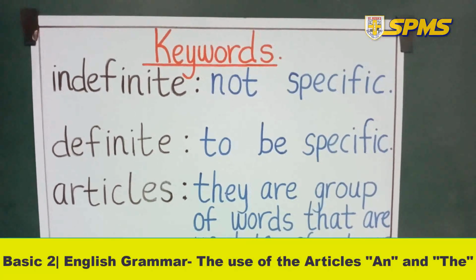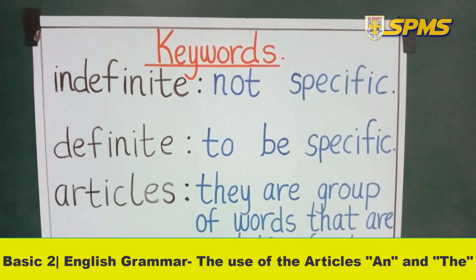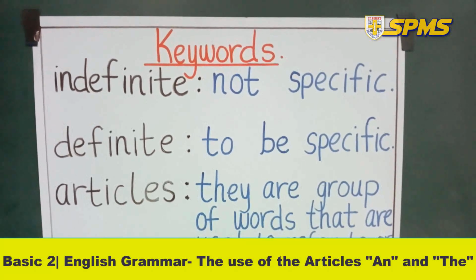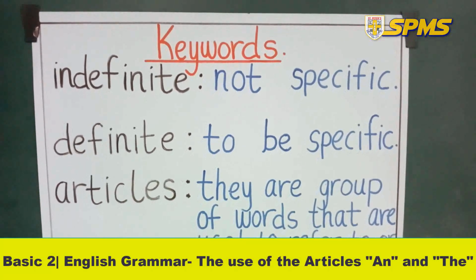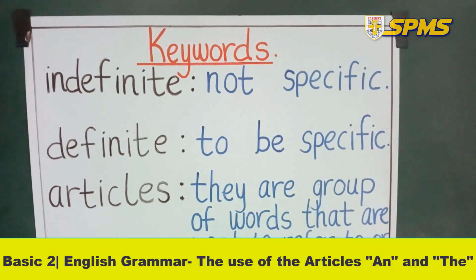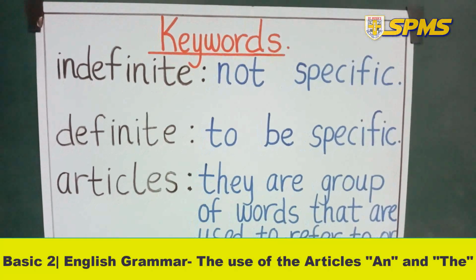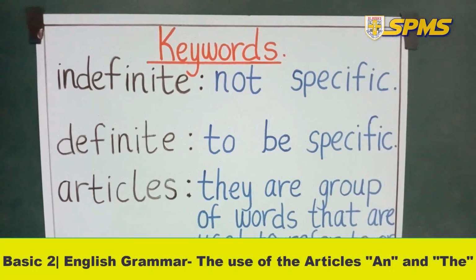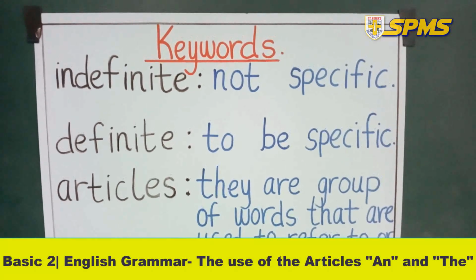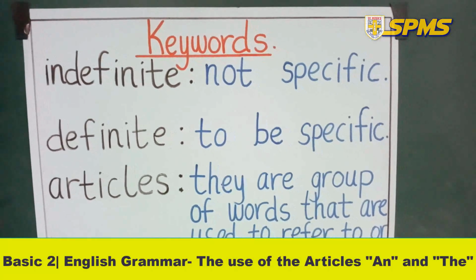Let's look at the second one, which is definite. It means to be specific. I can tell you to go and bring me the blue bag. You just go inside and pick the blue bag for me because I was what? Specific. Good. And the last one is articles. And what are articles? We looked at this keyword in our previous lesson, if you can remember. And then we said they are a group of words that are used to refer to or point